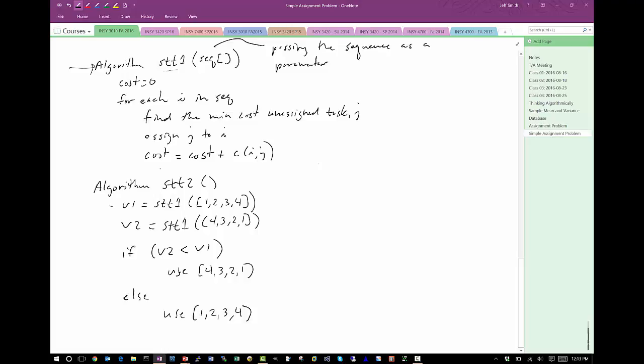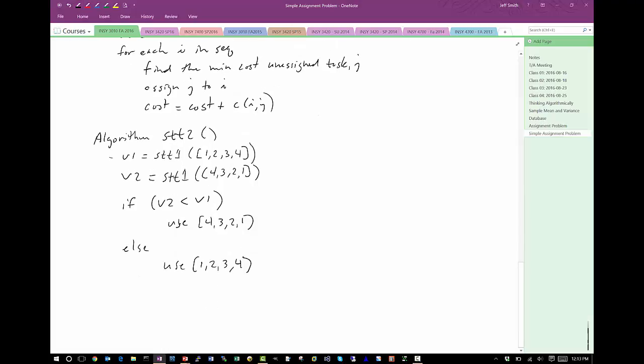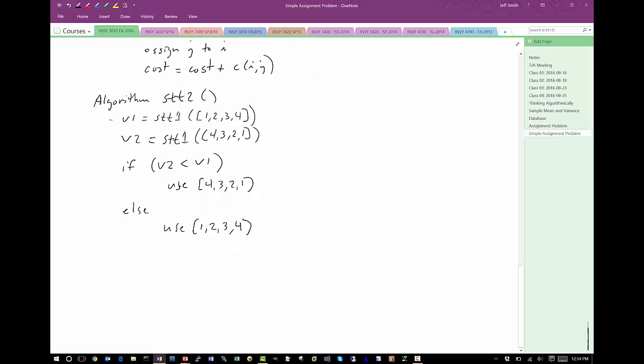And so that, when we implement this in code, then clearly we're going to have to define that. We'll have to define a data structure that stores the value and appropriately returns it and so on. But as I said, that's really an implementation detail, and it's fairly clear from the context exactly what we're trying to achieve. And so again, part of this algorithm design is this trade-off between specificity, saying this is exactly how I want it to work in terms of data structures and everything, and just getting the concept across. And what you want to focus on early is just the concept, so you don't get bogged down by all of those details. So if we look at algorithm STT2, of course a natural question comes up: